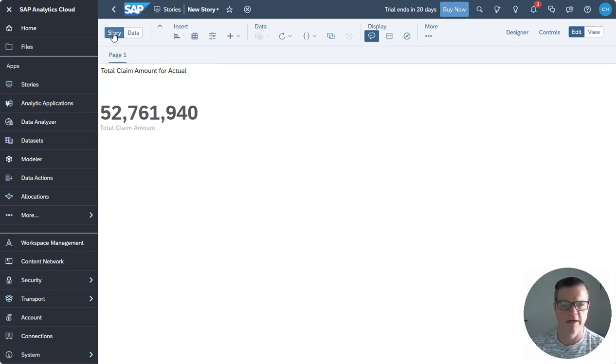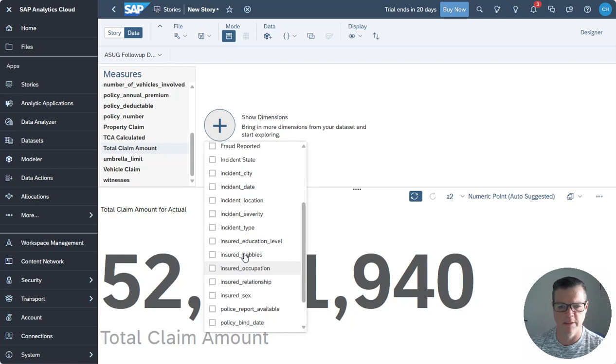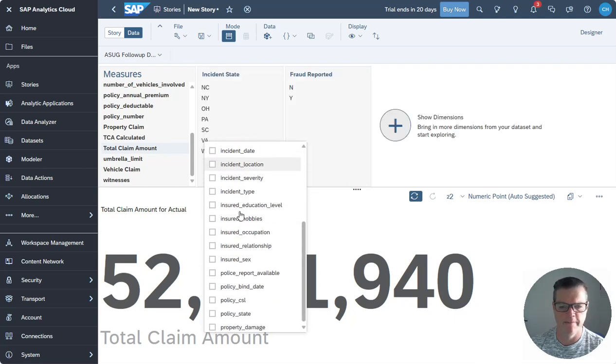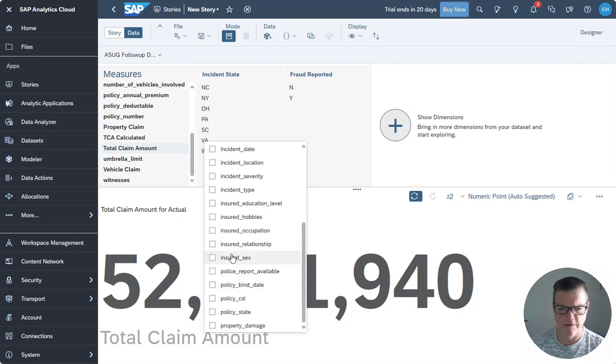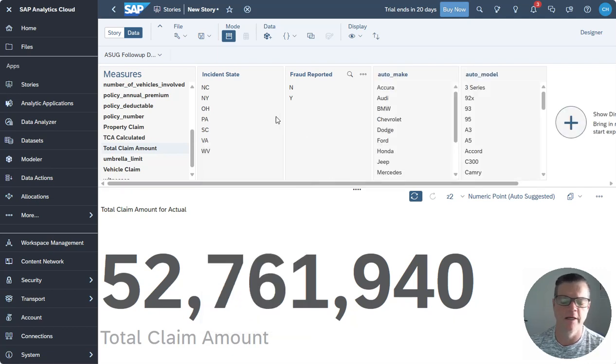So then I've got this story in Rocker, so I can rock back over to the data view, and we just saw this. So now I can pick show dimensions. I can pick all of my dimensions, or I could just look at incident states, fraud reported. We'll look at a couple of these other things. Let's see, auto make, auto model. All right, so now you see as I've picked those, it's added the dimensions in here and given me the